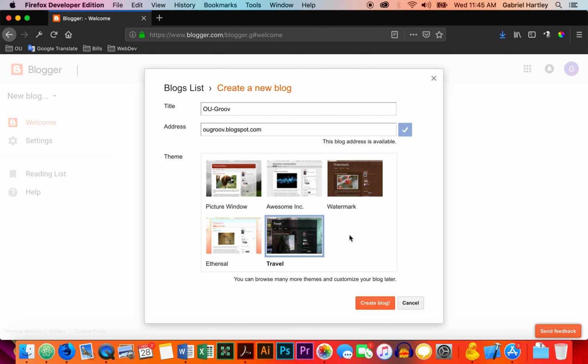The one thing you want to be careful about is switching themes after you've already developed something through the gadgets, they call them. They call them widgets in WordPress. You might lose those if you set things up for those in a particular theme and then switch themes, but that's no big deal. You can always catch up with that later. So anyway, create blog, and